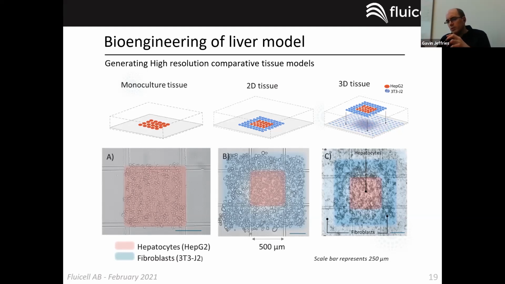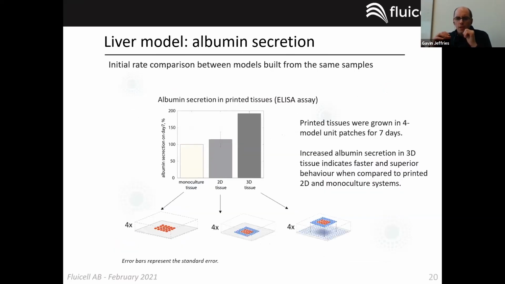And for the more complex model, we took this 2D example and built that on top of fibroblasts, and maintained and grew it in that manner. So once we had these different models established, we wanted to probe the functionality of these printed liver models and liver tissues. We did this by measuring albumin production, which is a common specific marker for hepatic cell